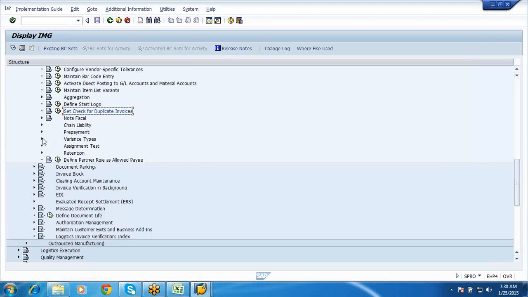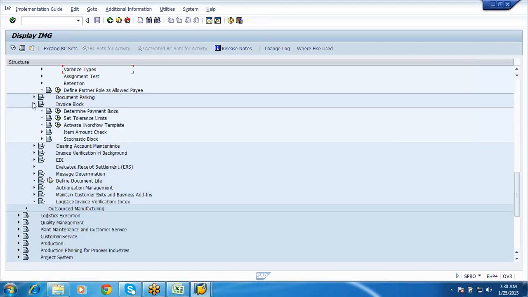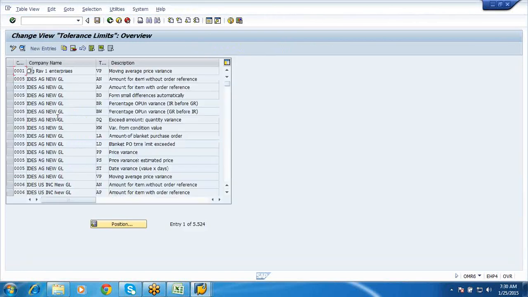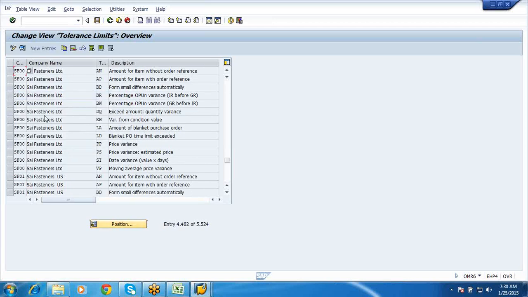Variance types, no, not required. Invoicing blocks. Okay, so here you can set tolerance limits for your invoicing blocks. Again, this is also at your company code level SF00. So amount for item with order reference, without order reference.